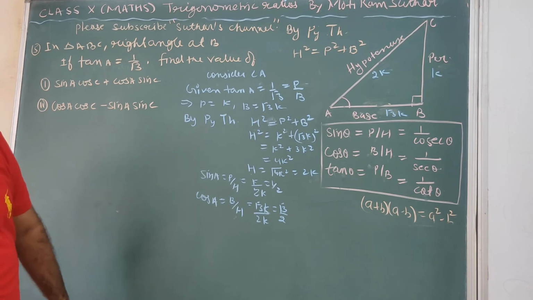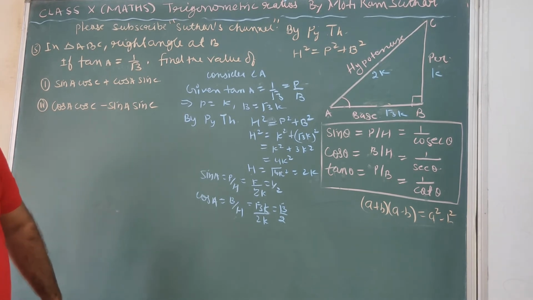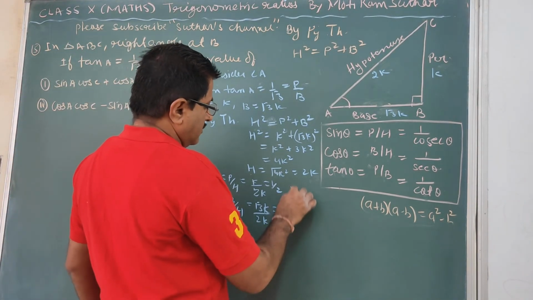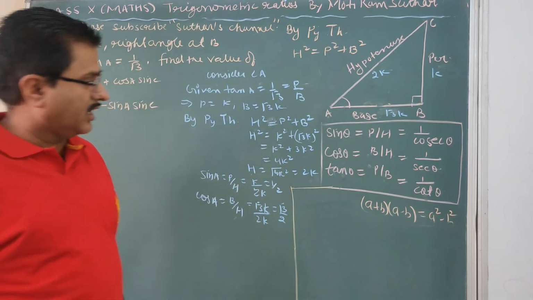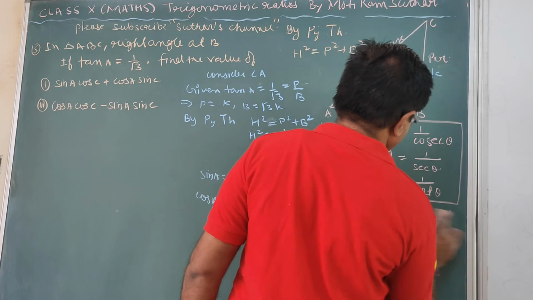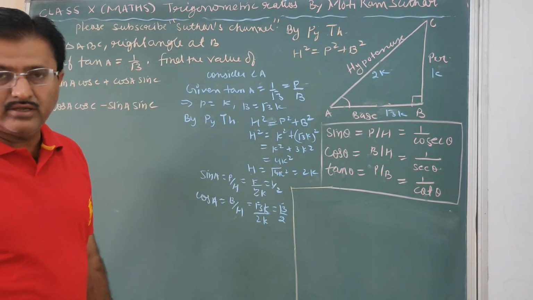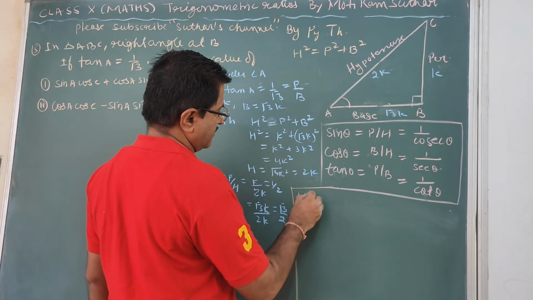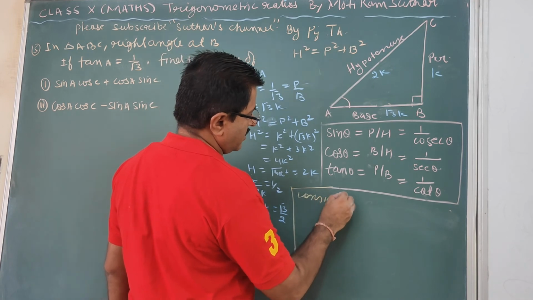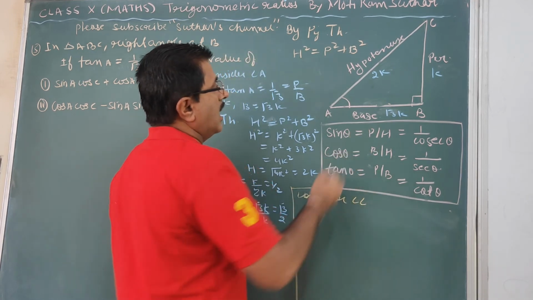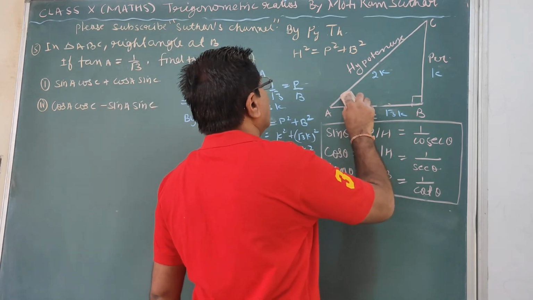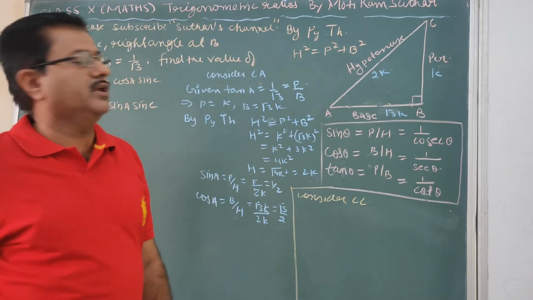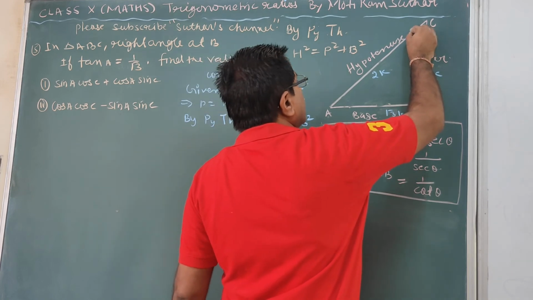But if we are considering the angle C, then the sides are interchanged. Consider angle C. Now if we take acute angle C in place of A, then there is a change